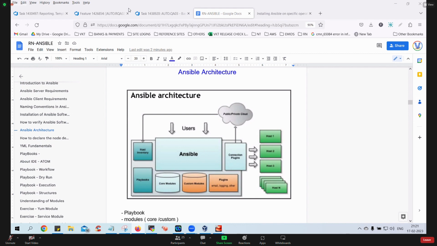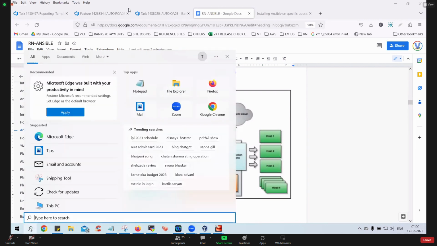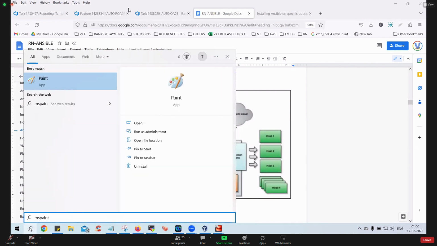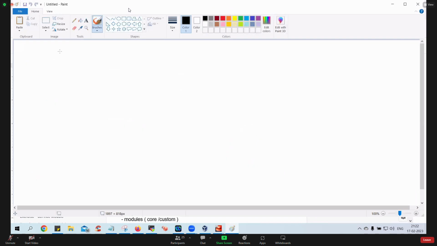So is it done? Please confirm. Okay, so let me go ahead and put it on the screen. MS Paint. So I'll use this diagram, guys. Today I don't have a writing pad with me, so I'll use this. Okay, so let's assume this is our